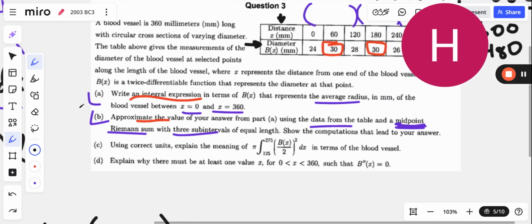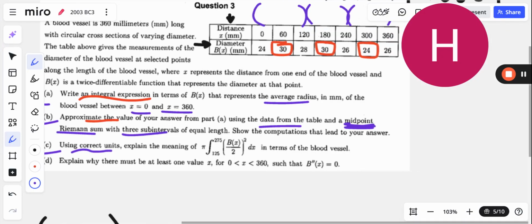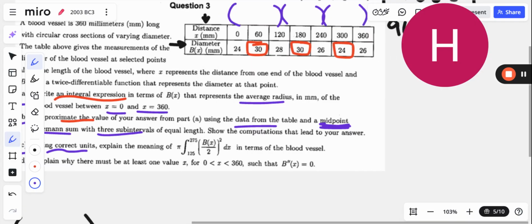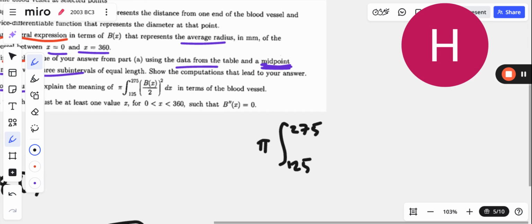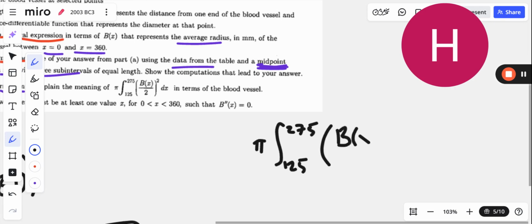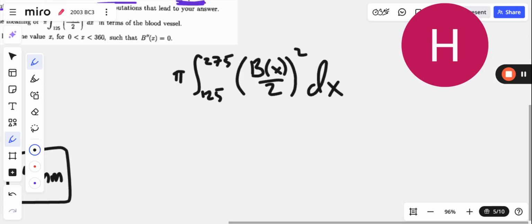Oh, interesting. Part C. Very interesting here. Okay, so it says using correct units. That's going to emphasize the units. Explain the meaning of this integral, which it says pi from 125 to 275 of b of x over 2 squared dx. Now, if we don't already see what the obvious truth is here, if you don't already see it,